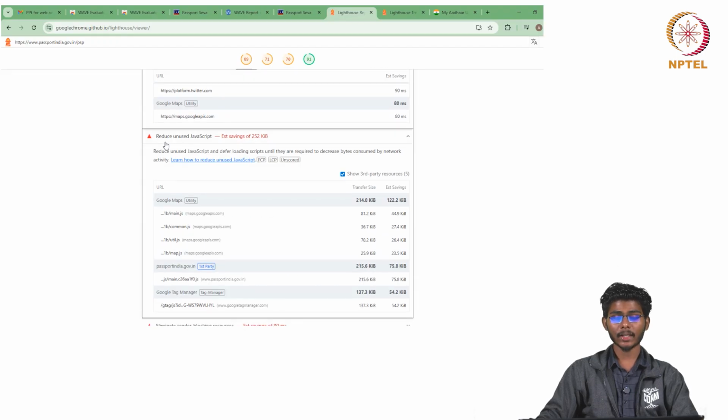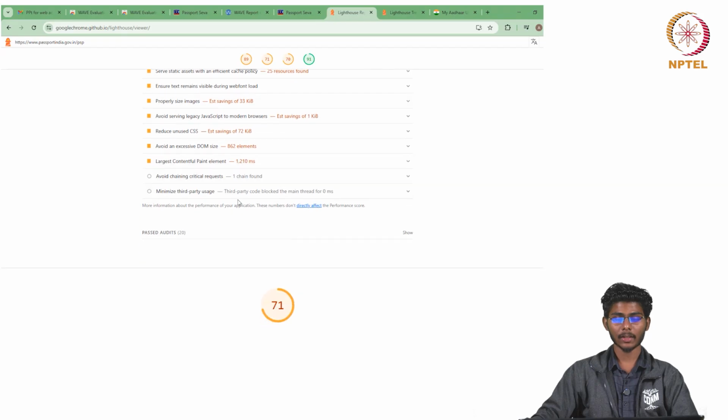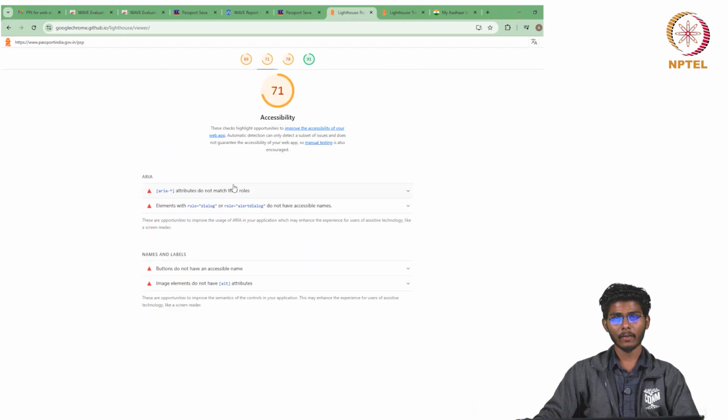As I mentioned, reduce unused JavaScript elements such that the website will load much faster, saving the transfer size and the time to fetch those elements in the interface. So these are some of the diagnostics.